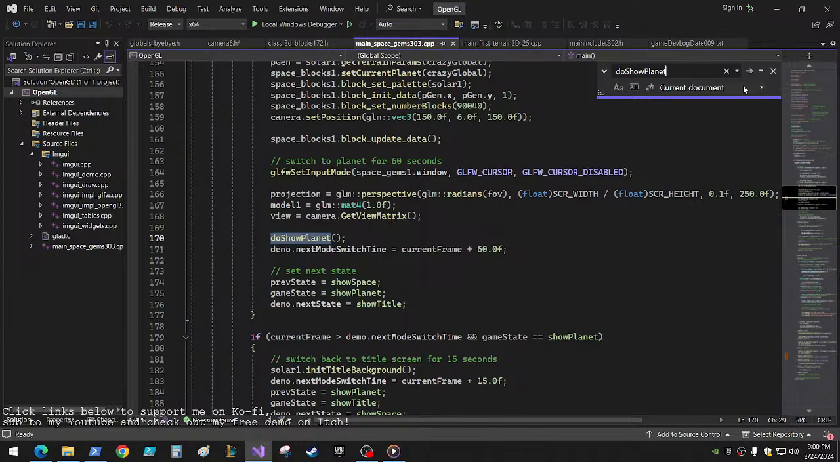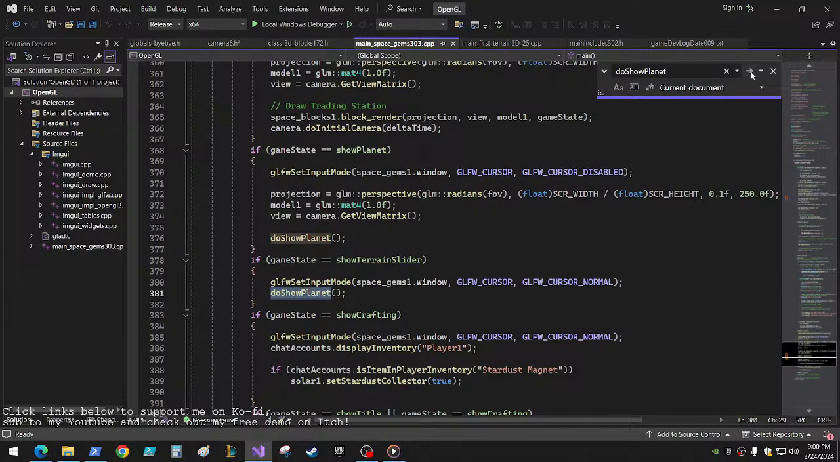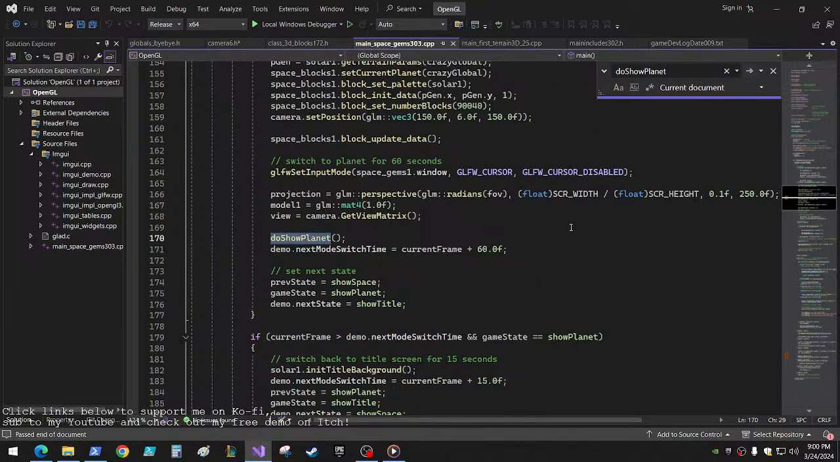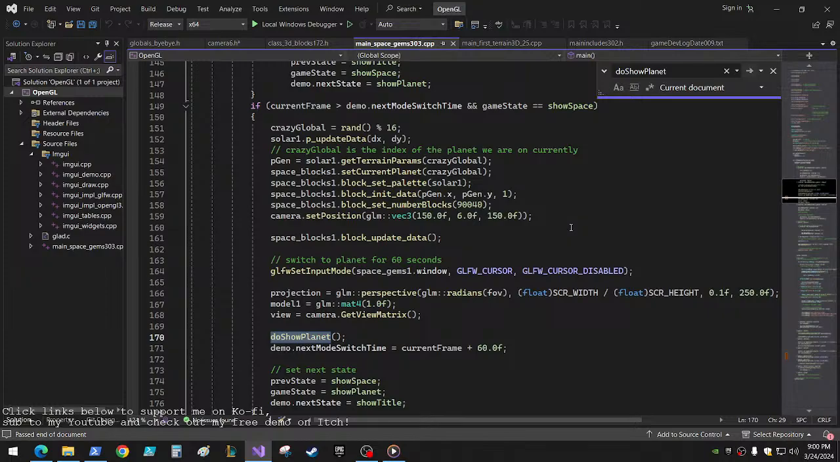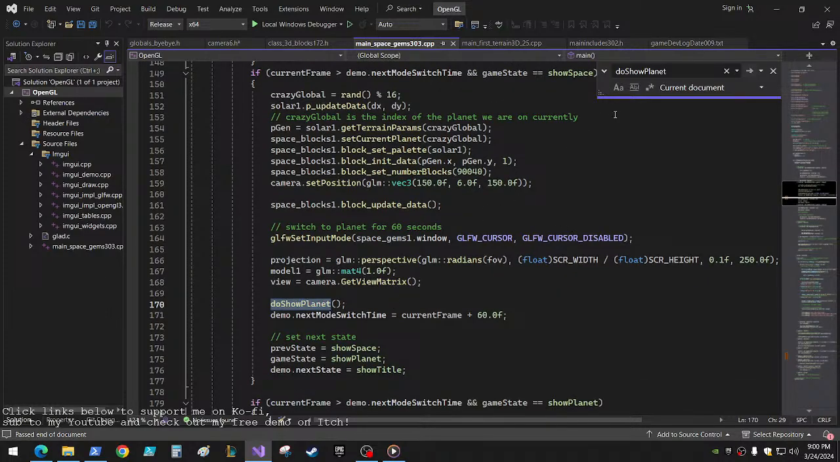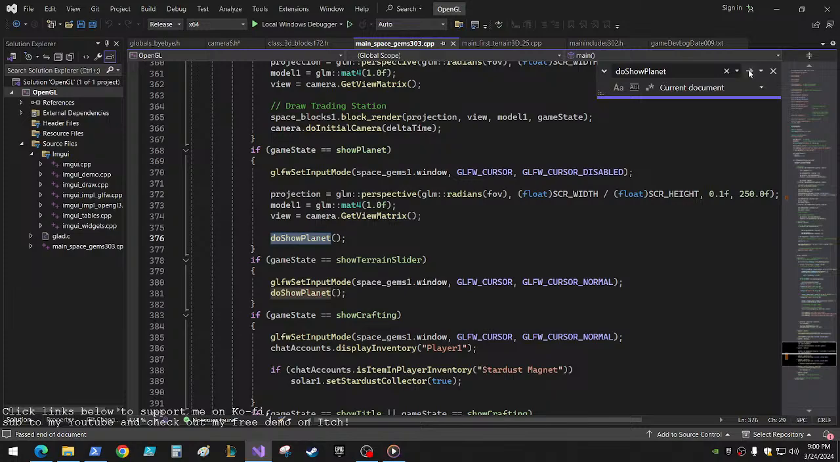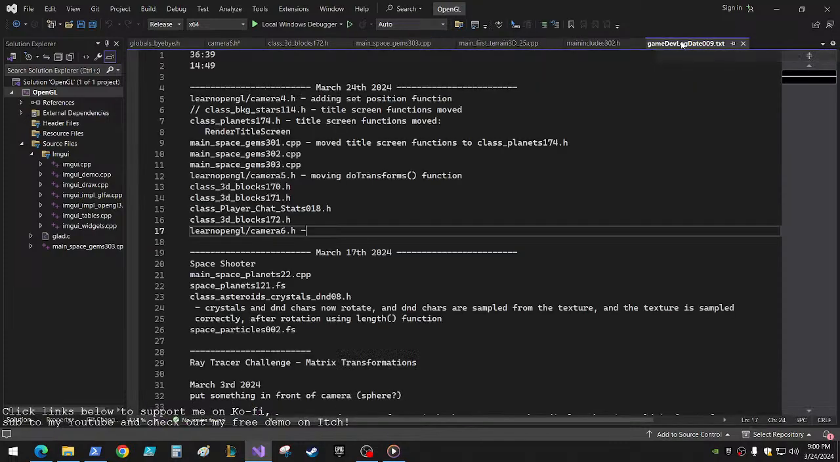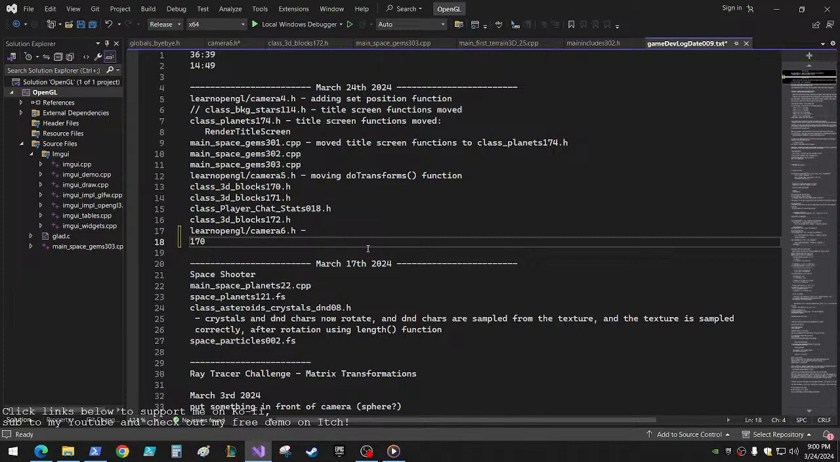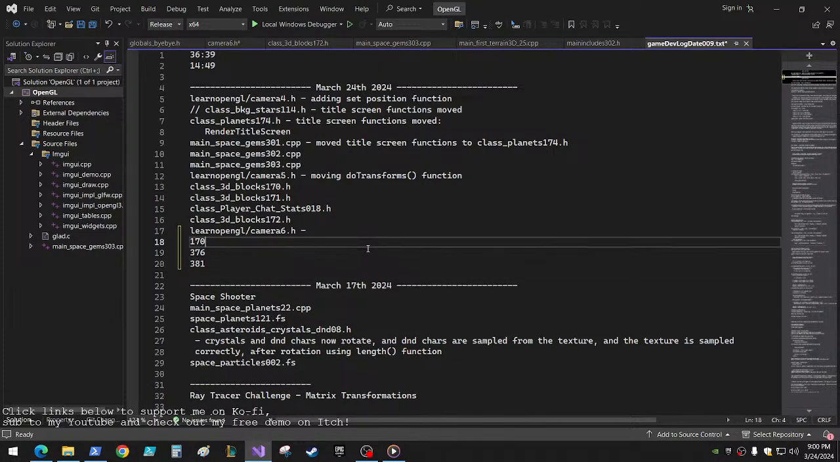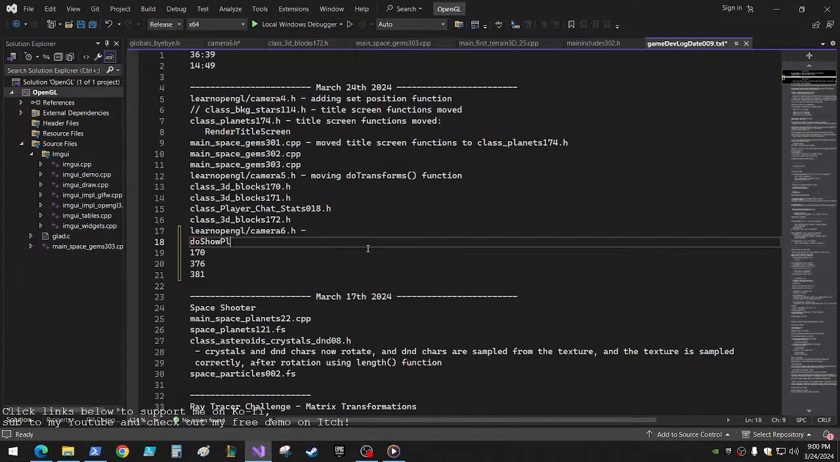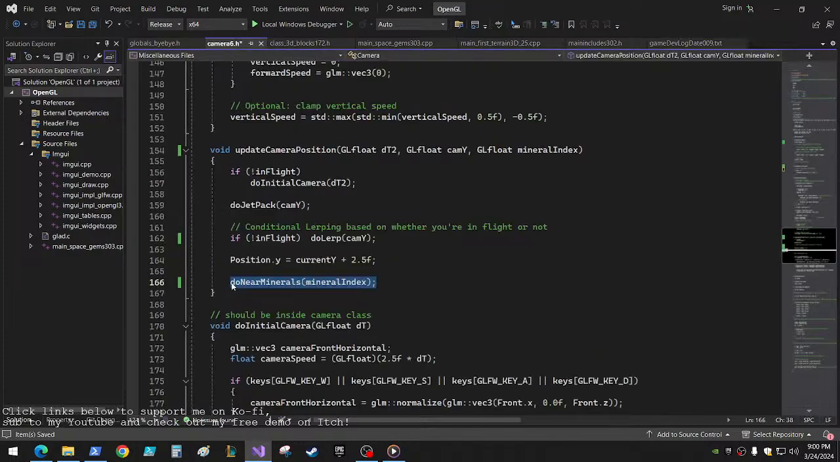Okay, is there just one spot that it's called there? Or several spots? Was that 3 places? Okay, what's this one? If current frame demo next switch game state equals show space. Okay, so it's right there. Line 170, 376, 381. Okay, hold on. And that's for do show planet. So when it calls the do show planet, what we want to do is